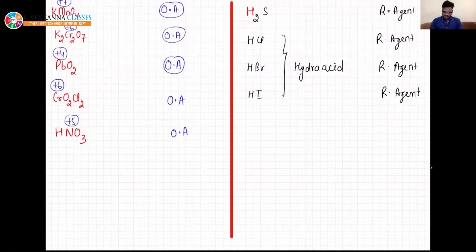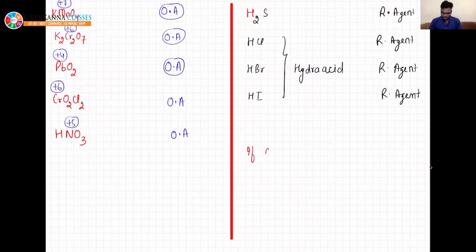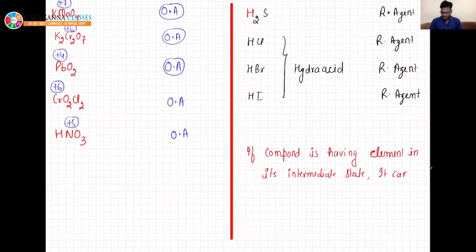But there is something else. If a compound is having an element in its intermediate state, it can act as both a reducing agent as well as an oxidizing agent. So these are some very good things which I am telling you. For example,